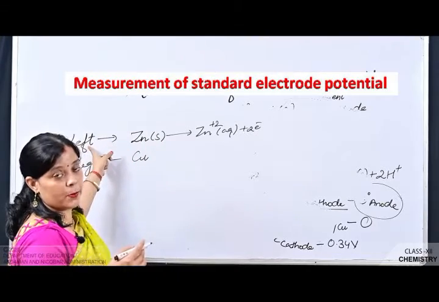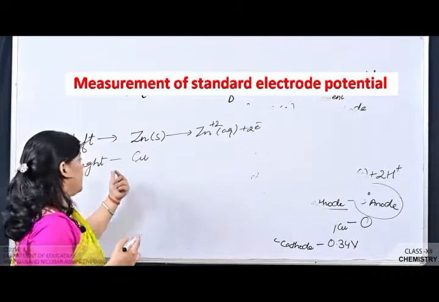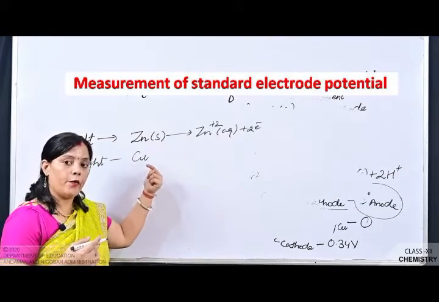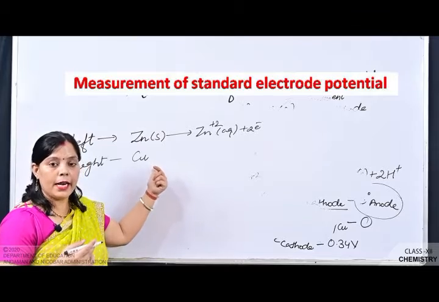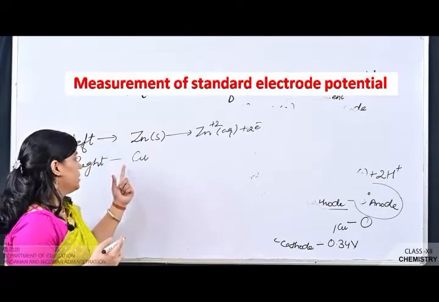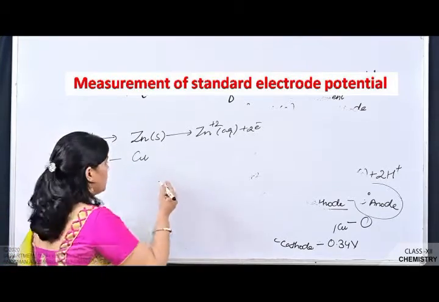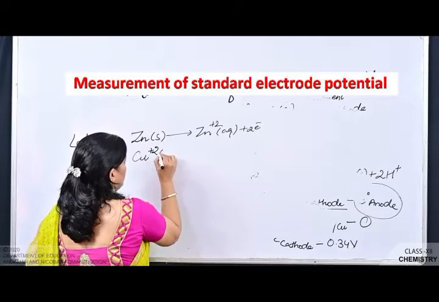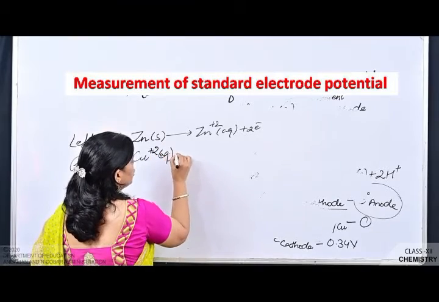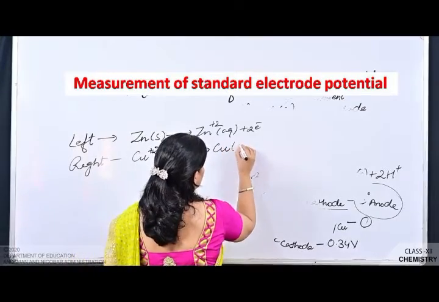So the oxidation electrode is placed on the left hand side, because it is the anode and the anode is represented on the left hand side. Since in the case of the standard copper electrode we get a positive value, this indicates that the copper ion gets easily reduced. It means it acts as the cathode and is placed on the right hand side. The reaction is copper plus 2 aqueous, by gaining 2 electrons, converted into copper solid.